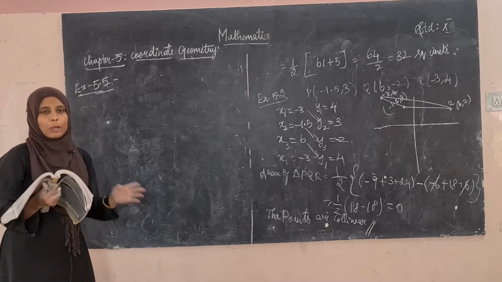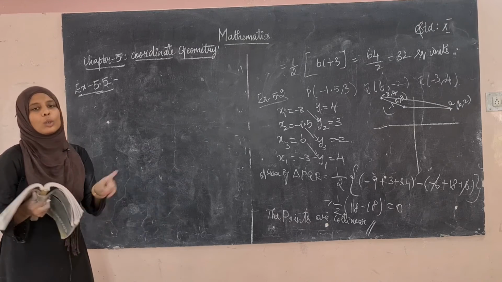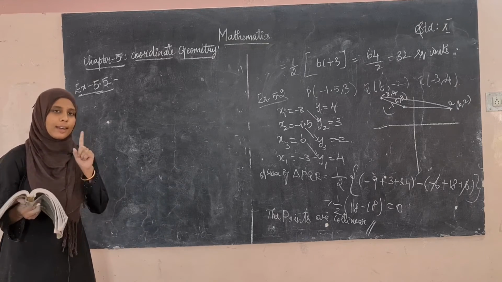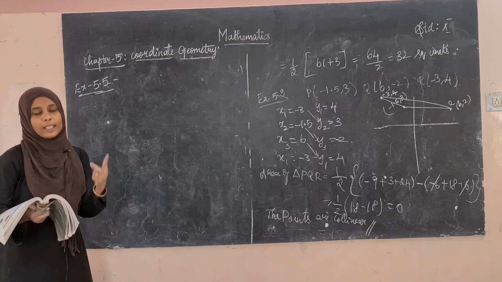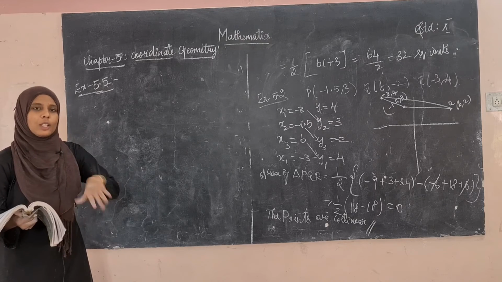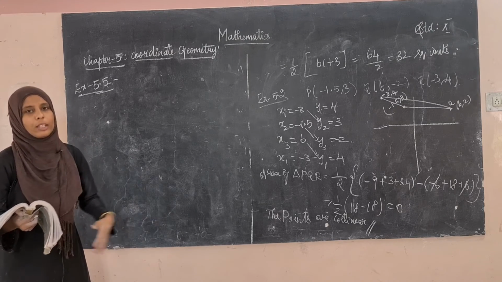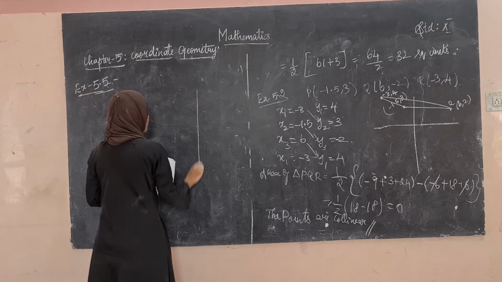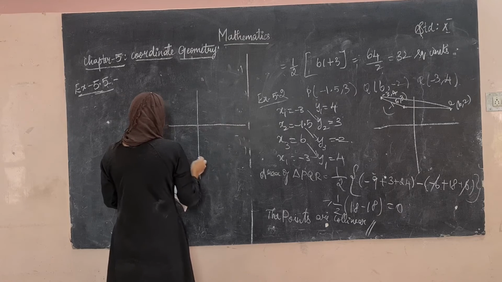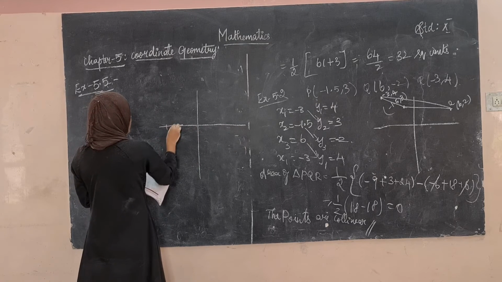Okay, so the number of triangles in the floor is 110. So you have to find the area of the whole floor. If we find the area of one triangle, using that we can find the area of 110 triangles. That is, after finding the value, you have to multiply it by 110. So you will get the area of the floor. See here, what are the vertices given? It is minus 3 comma 2.